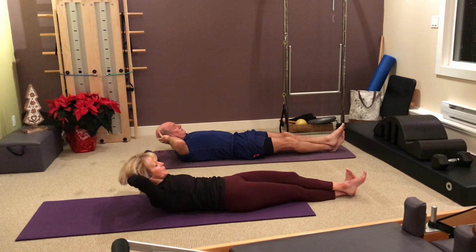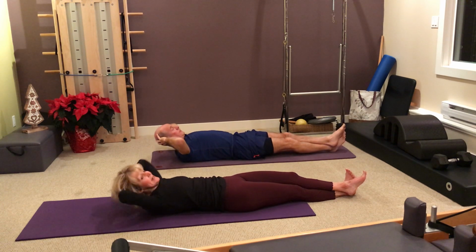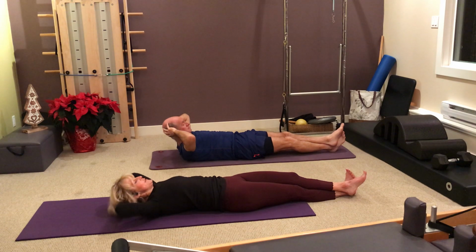As you curl up, you feel the back of your ribs and your low back, your back of your waist, getting closer to the mat, releasing to neutral as you go down. Last 2, last 1. Now the left leg is going to come